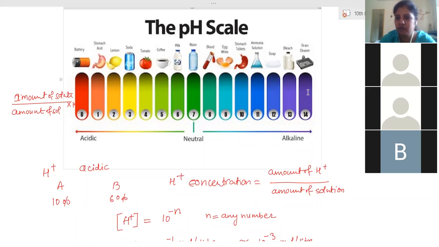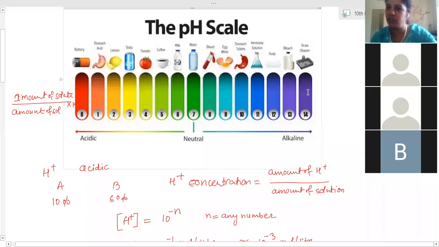Okay, I have explained in terms of concentration. In your textbook, it is not given according to concentration. But how I explain to you is why below 7 is acidic and why above 7 is basic. Students generally ask me, why is below 7 acidic? Why is above 7 basic? So for that reason, I have told you this. Now is that concentration part clear to you? According to concentration, now it is clear. It's completely done now, because in 11th and 12th you are learning to find the values of pH. There are numericals based on pH values.